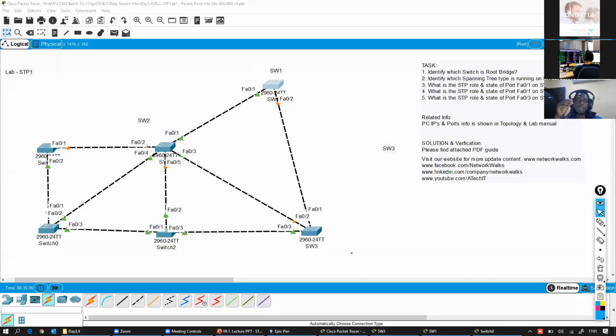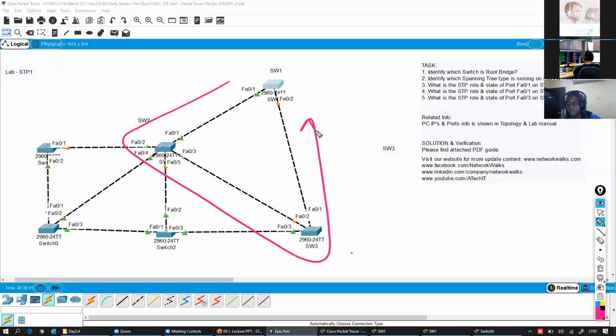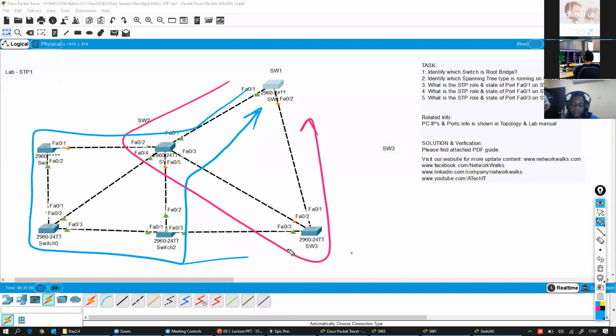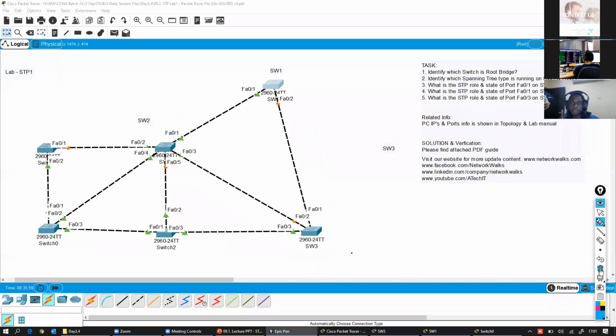He says, why are there so many blocking ports as we add more? Yes, there are many. Why? So what will be the resultant topology now? In this topology, can loops happen or not if we don't implement STP? Of course, data can come from here and go back this way, so it will be a loop. Also, if we don't implement STP, data can go and come back from here as well. But after implementing STP, what has happened now, guys?